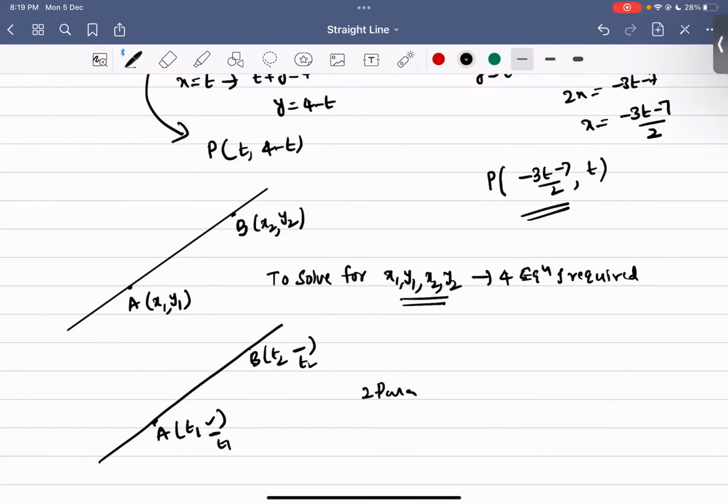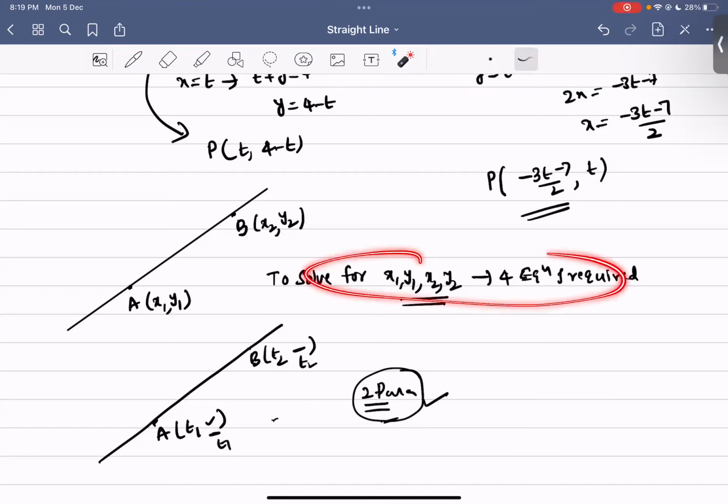Here how many parameters? 4 parameters. If you consider parametric points, algebraic parameter points, 2 parameters. So here algebra work reduces. Instead of solving for 4 parameters, it is enough to solve for 2 parameters. So 2 equations are enough here to solve. But here we need 4 equations. So this is the